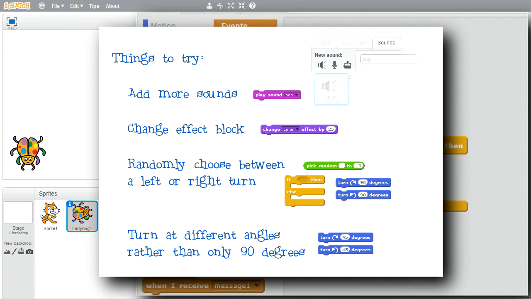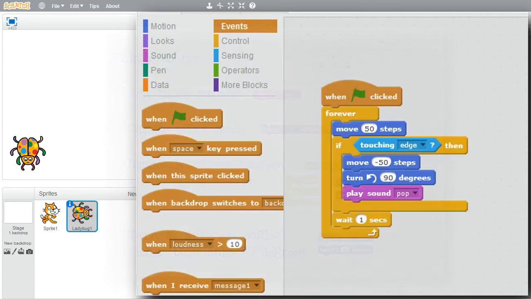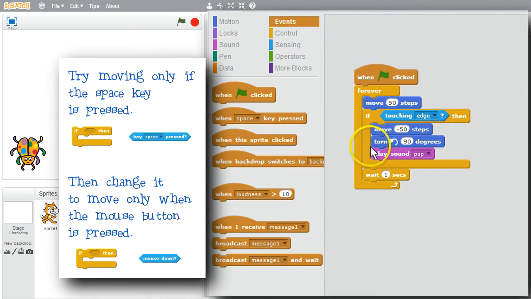Make it do something new. Add more sounds, or add the change effect block and play with some of the different effects. Or randomly choose between a left or a right turn. Or try turning at angles other than 90 degrees. For another thing to try, add an if so that the sprite will move only if the space key is